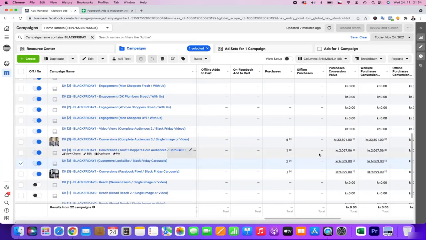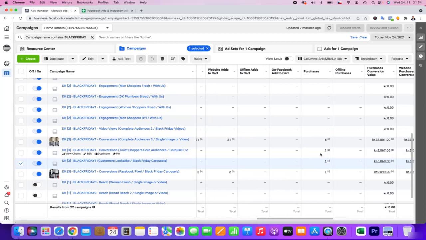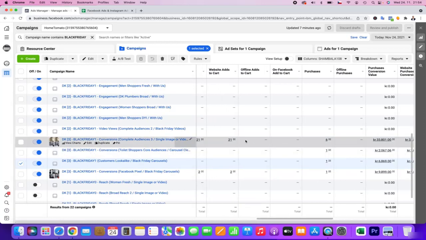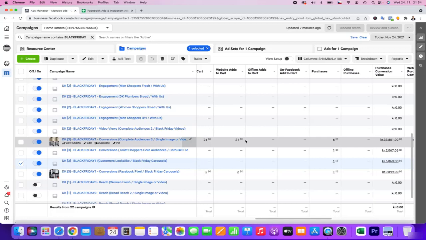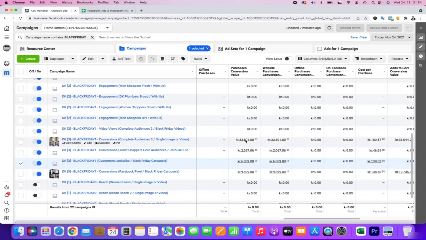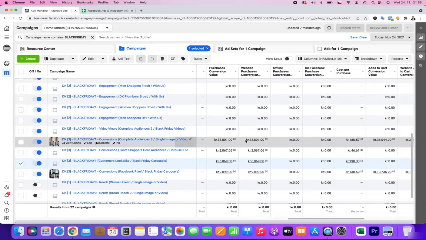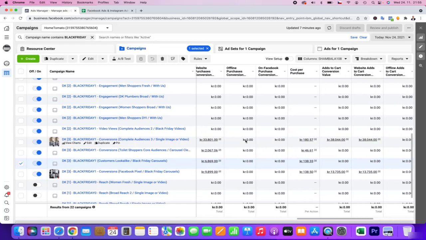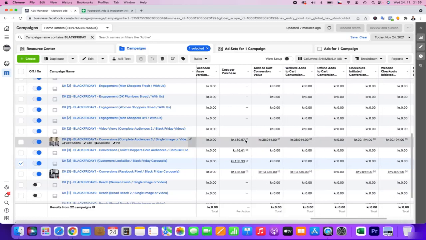You can see that the sales are really nice, and today again the main audience build-up has 21 add to cart actions. This complete audience is built up from both custom and lookalike audiences. So I'm really grateful, though I can't see all the data.